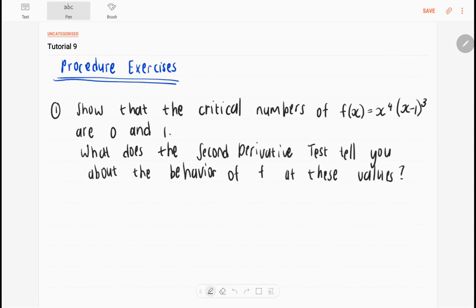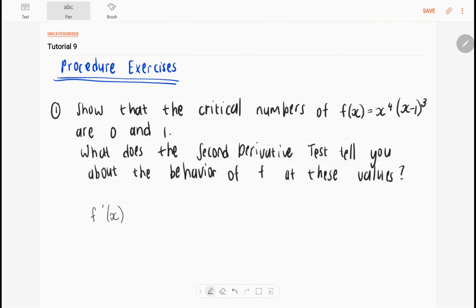It says, show that the critical numbers of f of x, where it equals x to the 4 multiplied by x minus 1 cubed, are 0 and 1. What does the second derivative test tell you about the behavior of f at these values? Well, we know that when we determine the critical numbers, we need to look at the derivative of a function. So I'm going to work out the derivative of f,